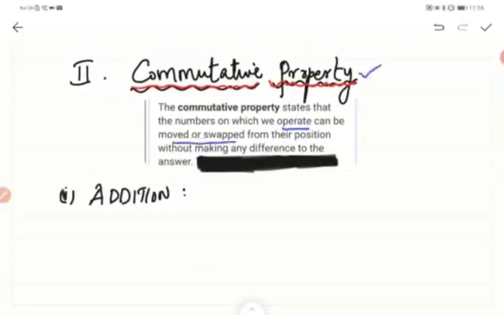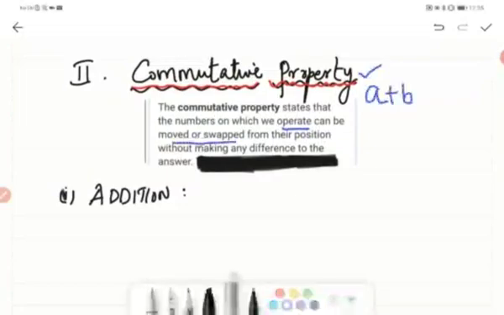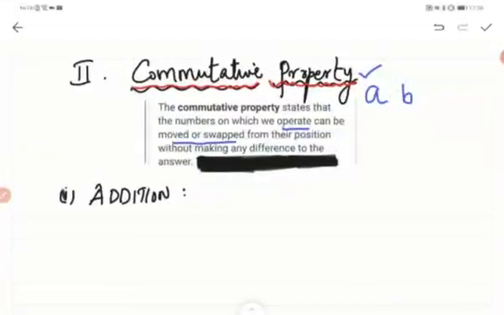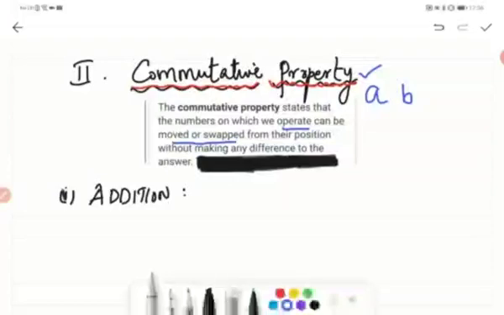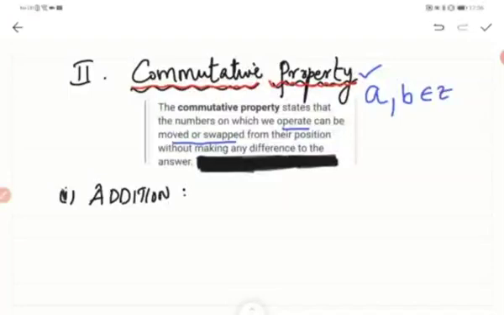For example, let us take two random numbers, a and b, which belong to the integers. Now if I do an operation on this, that is a plus b, and I write it as b plus a, then it shouldn't make a difference in the answer. If a plus b gives c, and here also it is c, then you will say that